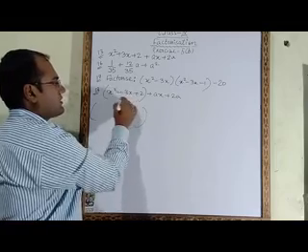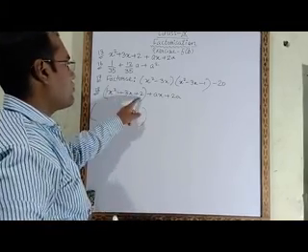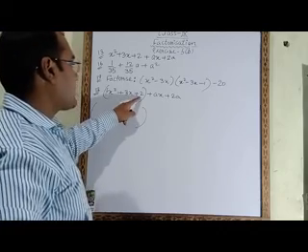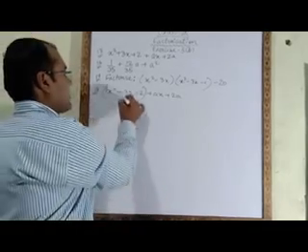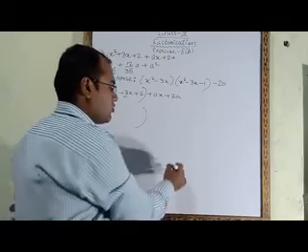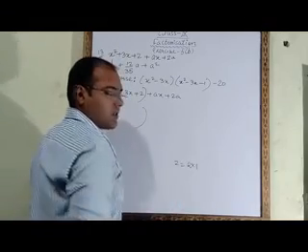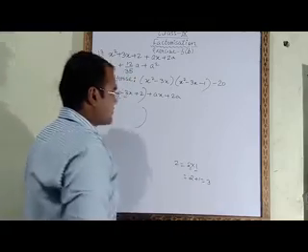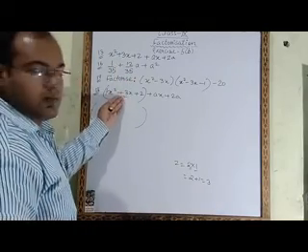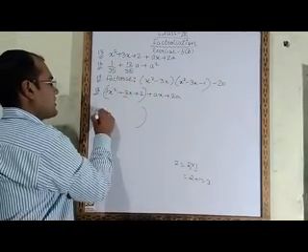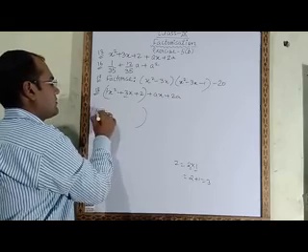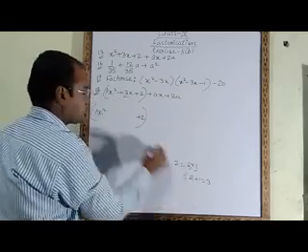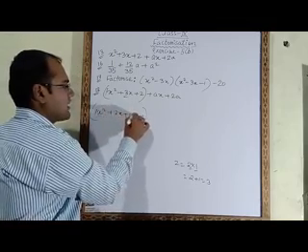In order to factorize it, here we will take 1. 1 into 2. First and last number we have to multiply. 1 into 2. Now 2 factors we have to find, and with that we have to make plus 3. 2 means 2 multiply 1, and with these 2 factors we will make 2 plus 1 equal to plus 3, as we are seeing here, plus 3. So what you have to do? First number we have to write as it is, 1x square. Last number also you have to write as it is. Instead of plus 3x we will take plus 2x plus 1x.